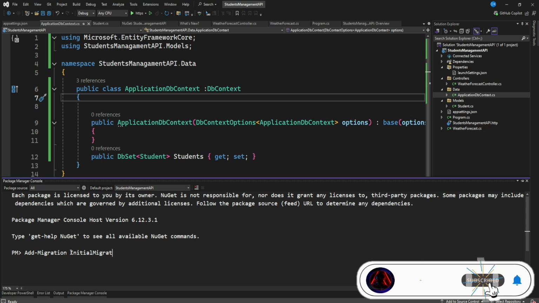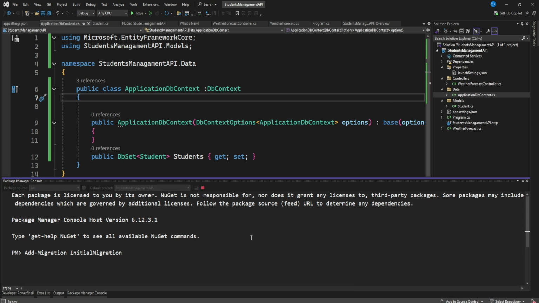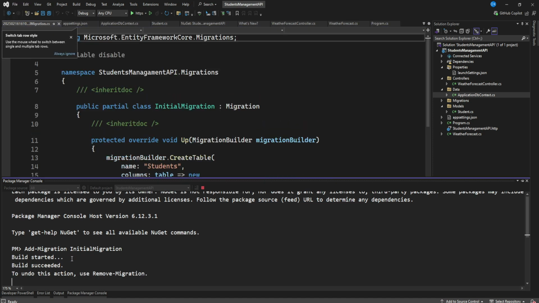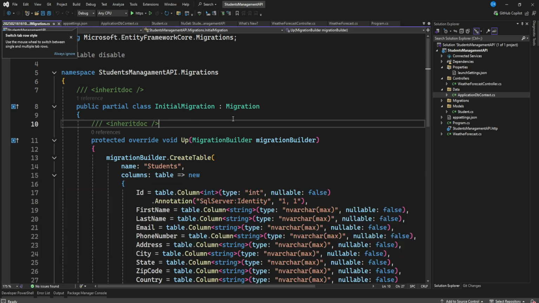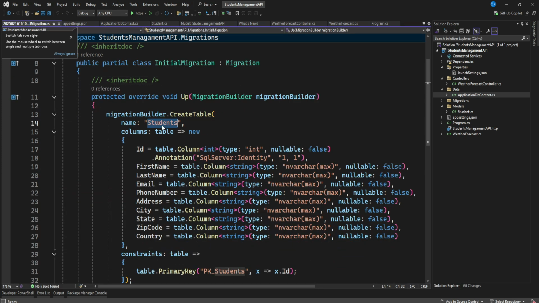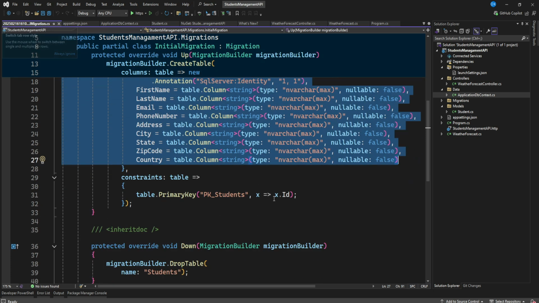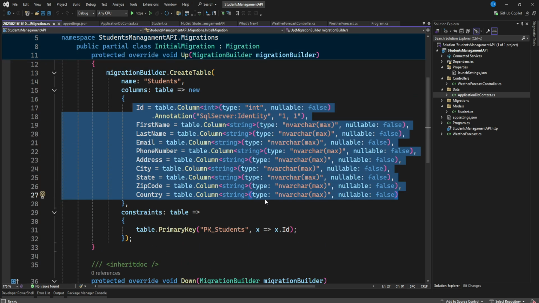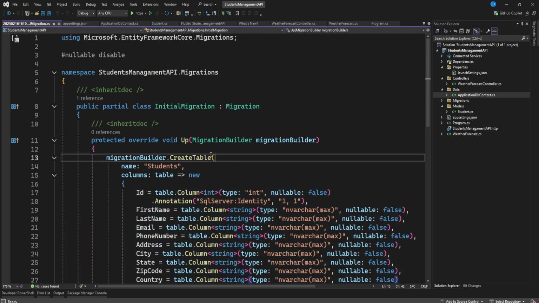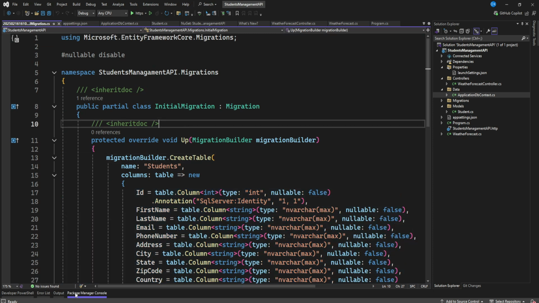So this initial migration will create a folder in our application called Migration with a file called initial migration with the timestamp. This will generate the code that needs to be applied to the database. As you can see, it will create a table called students with all these properties, and it will also add the primary key. So to actually update these changes to the database, we need to run